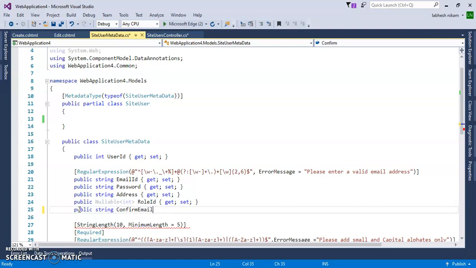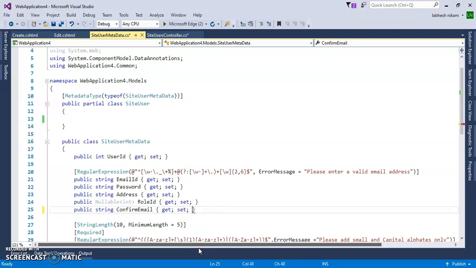This property doesn't exist in the table; it is not part of the table, and I have added it here.